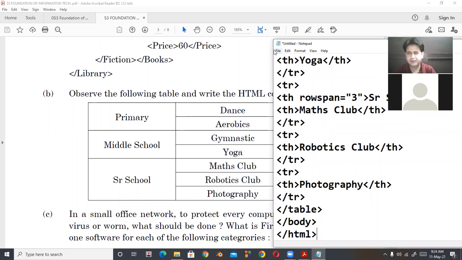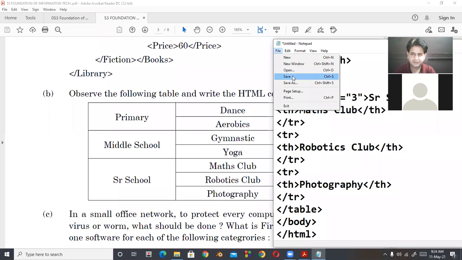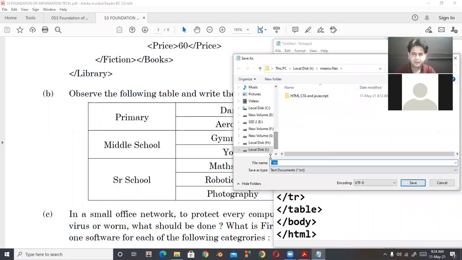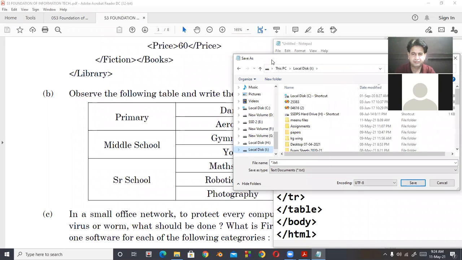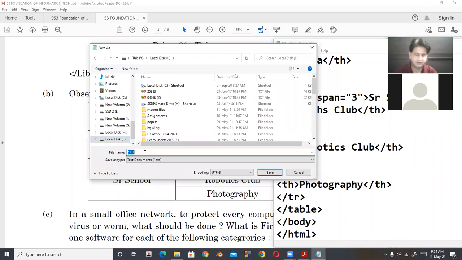So I am saving this web page in iDrive. Name of the web page is tables.html. You can also take only HTML or HTM.